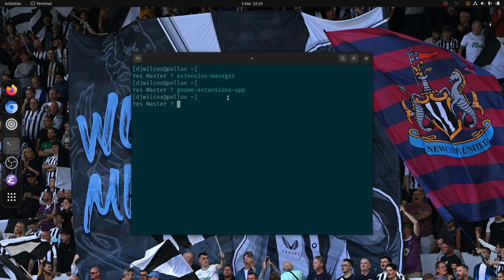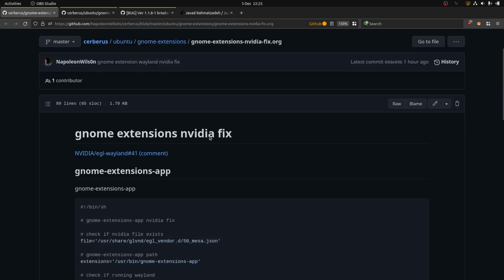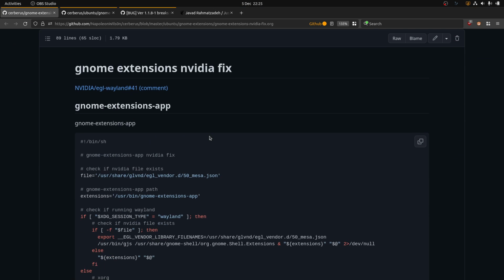So you can see the GNOME extensions app is working when run from the command line, but not when we're using the .desktop file. And I have tried creating .desktop files. You can create .desktop files to launch applications using the application launcher. And I have played around, calling the script from the desktop file, or you can use env to specify environment variables,